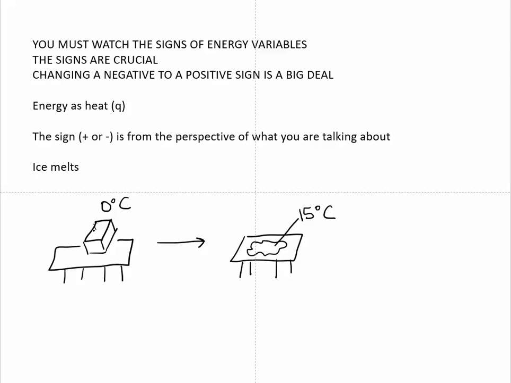So the ice melts. So what is gaining energy? The ice cube is gaining energy. I told you that solids have low energy, liquids have higher energy. So the solid gains energy when it melts. So the Q of the ice is positive. It gained energy. Where did it get the energy from? It got energy from the surroundings. The surroundings then have a negative sign. The ice gains energy to melt, so the Q is positive. The surroundings, the air around it, the bench top, the energy flowed from there into the ice. So the Q of the surroundings is negative.